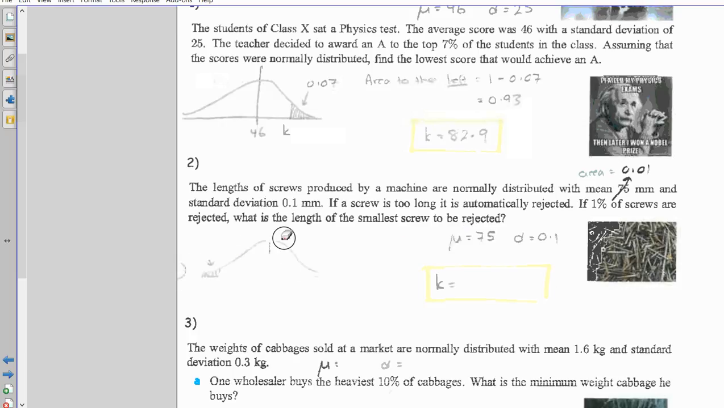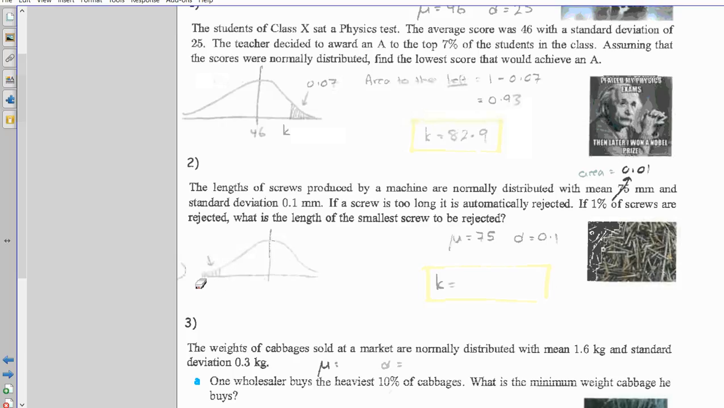So not many are rejected, because only like 1%. If 1% are rejected, that's a tiny amount. So a tiny amount down the bottom are rejected, and that's because they're actually too long. So find the length, but we want to know what's the length of the smallest screw to be rejected. So all of these would be accepted, but some of them are too long, and we want to know what's the smallest length for the one that would be rejected,